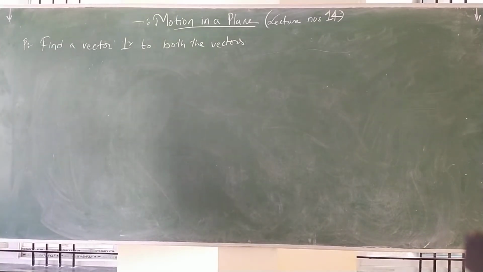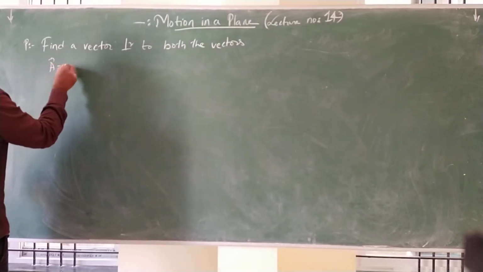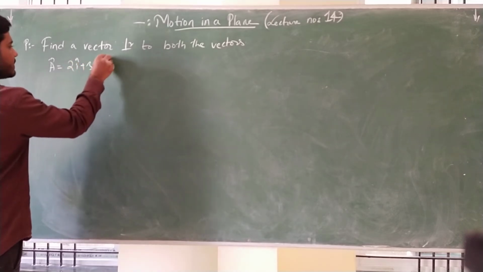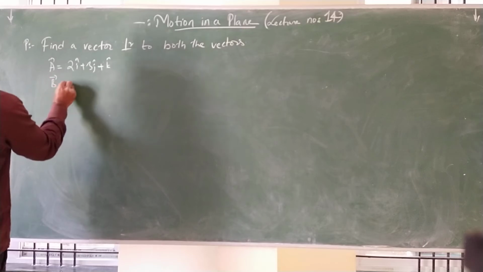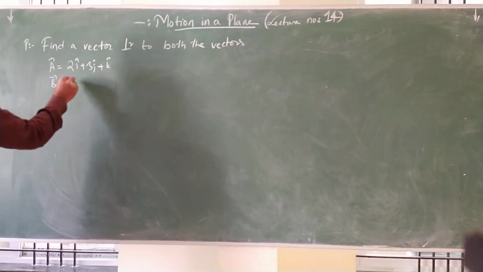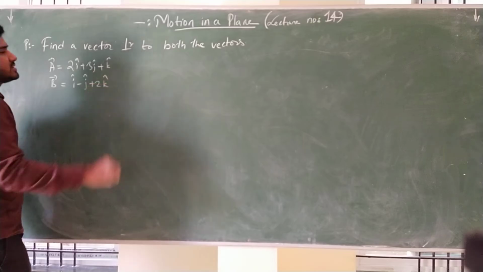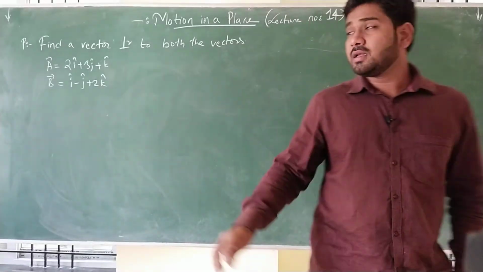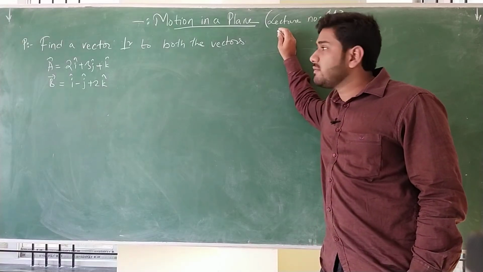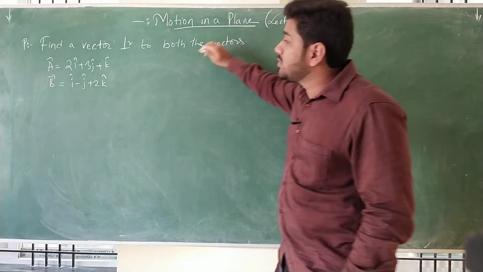A is equal to 2i cap plus 3j cap plus k cap. And vector B they have given as i cap minus j cap plus 2k cap. So this is the question they are asking us: to calculate a vector which is perpendicular to vector A and B. Always remember, whenever they ask this kind of question, find a vector which is perpendicular to both the vectors,